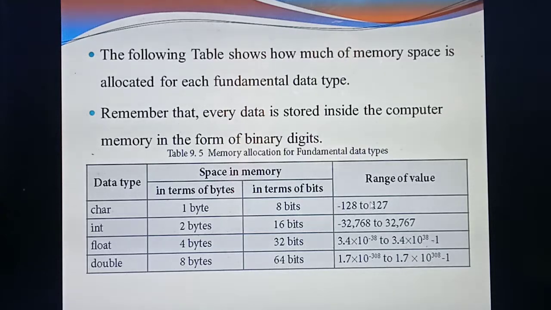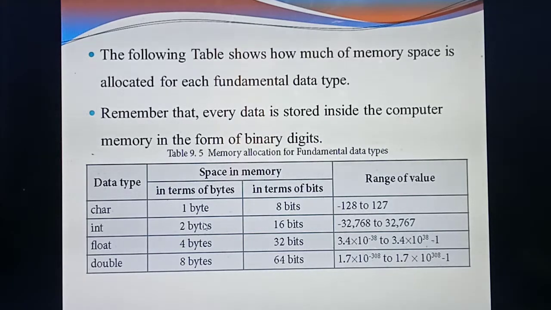What's the meaning? Character, that means 8 bits, takes the range from minus 128 to plus 127 in memory. There are a lot of memory addresses. In memory it will take values between minus 128 and plus 127. Just read this one time, no need to mug it up. Then 2 bytes, that means 16 bits, means minus 32,700 and so on. Just read it. Just read these values one time. That's all. This one is important.